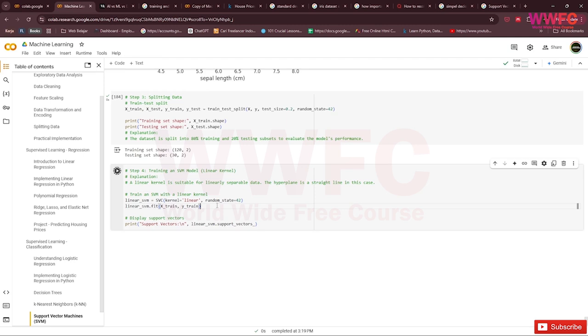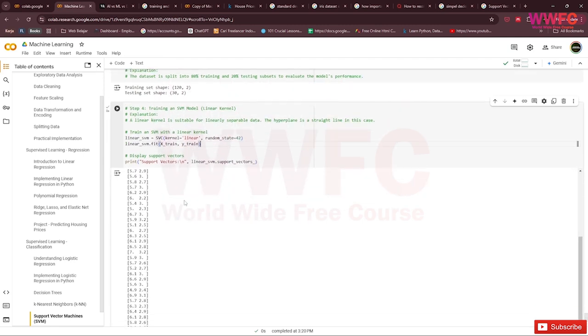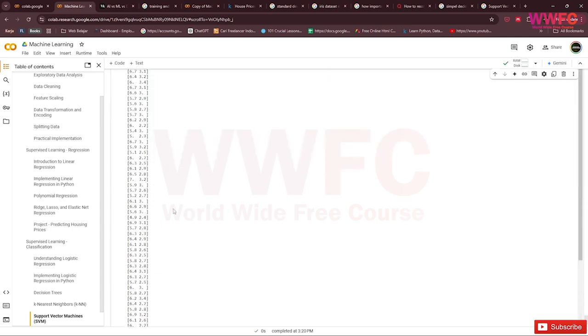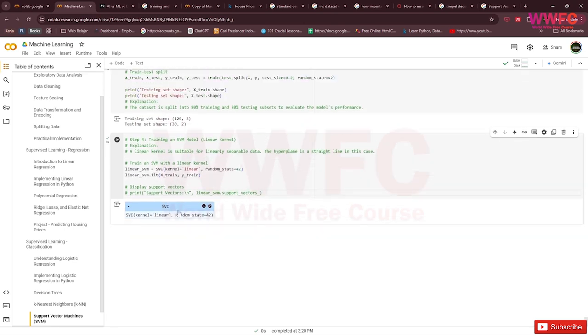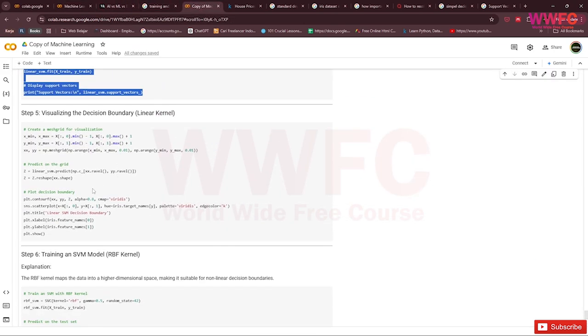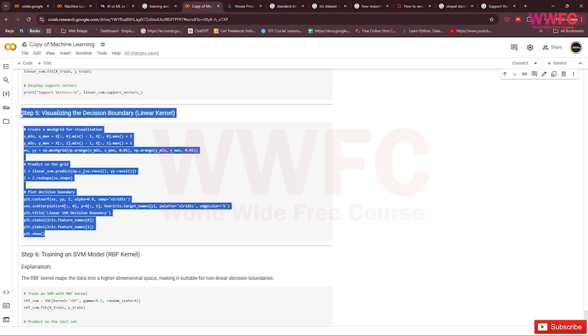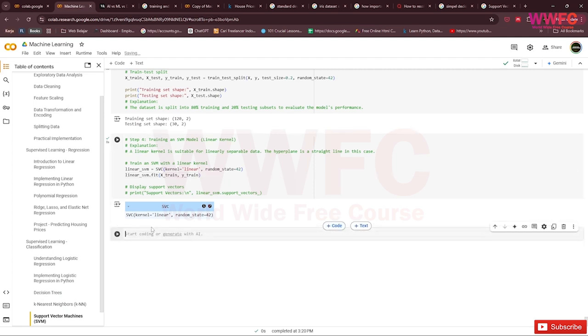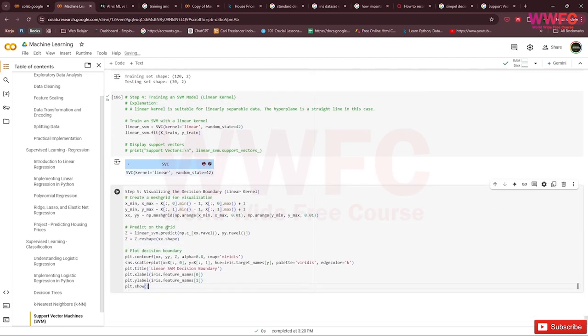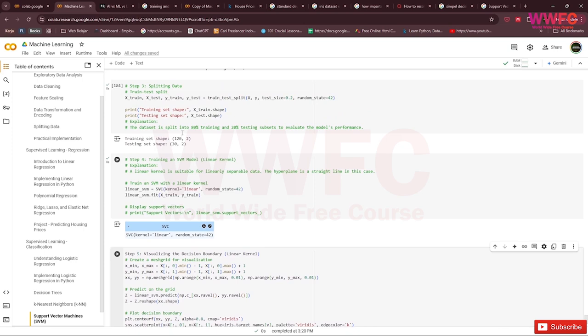So we check the linear support vector here. Maybe we don't want to display this. We just check the linear kernel, and then visualize the decision boundary of the linear kernel. I'm not explaining this too fast.